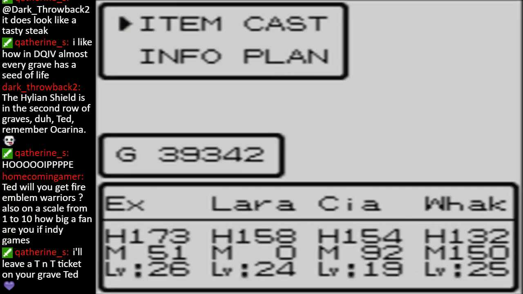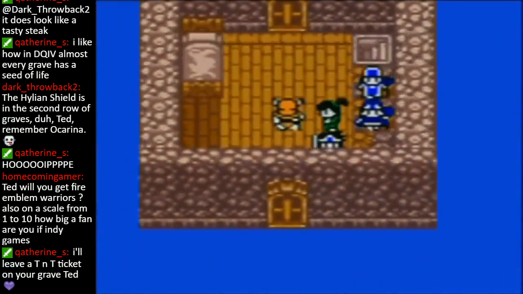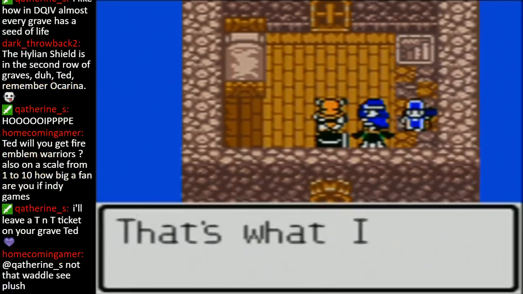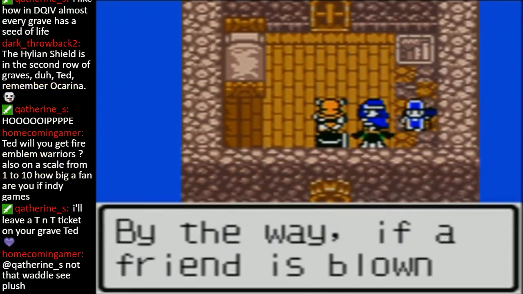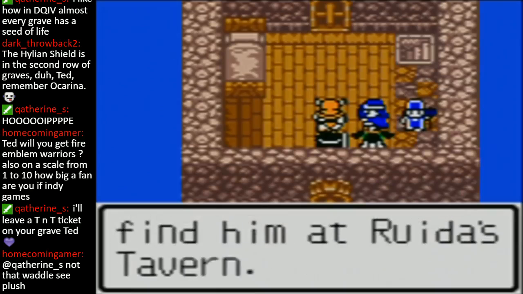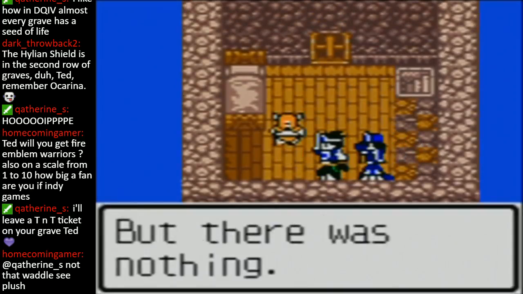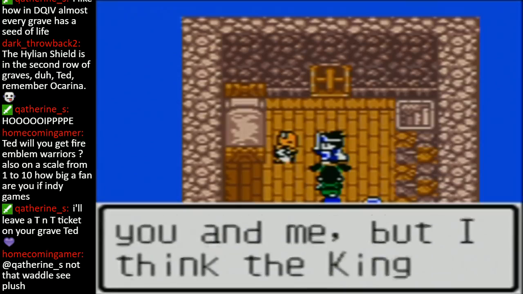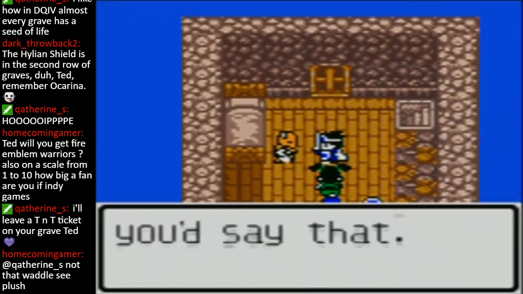Homecoming... Oh, wait, Catherine, are you planning to kill me? What? But Homecoming, I am planning on getting Fire Emblem Warriors. It looks like it'll be fun. After obtaining the change staff. That's what I think. Do you agree? Nah, he seems like a... Yes, I thought you'd say that. By the way, if your friend is blown away by the spell Disperse, you can find him at... Okay, that's a little weird. Okay. Hey, do you think our ruler's a tyrannical asshole? No. Okay, cool. I think the king turned tyrannical. That's what I think. Do you agree? Sure. Yes, I thought you'd say that. By the way, if a friend...